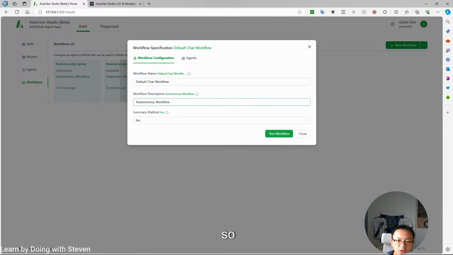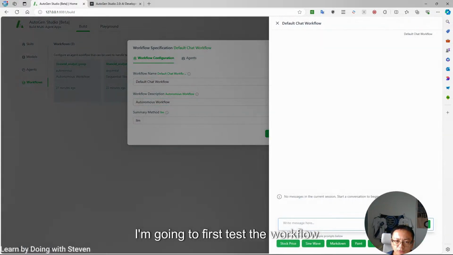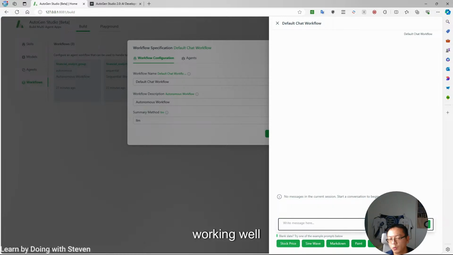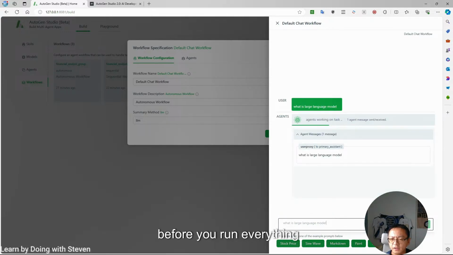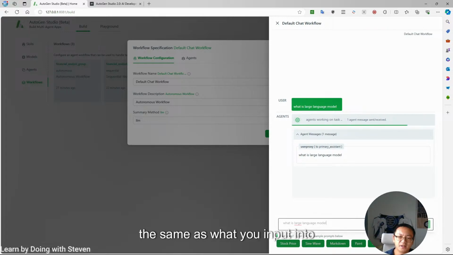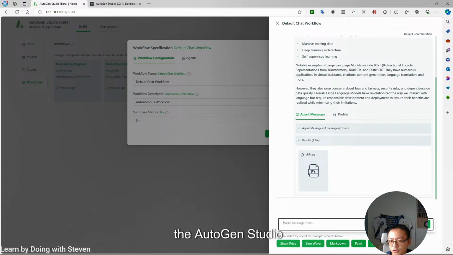So I'm going to first test the workflow here, because after testing it, if you find something is not working well, you can come back to change it immediately. So I'm going to ask what is a large language model. Of course, before you run everything, please make sure that Ollama is set up and you already put the model you want, and make sure the model settings, the model names, and so on are the same as what you input into the Autogen Studio